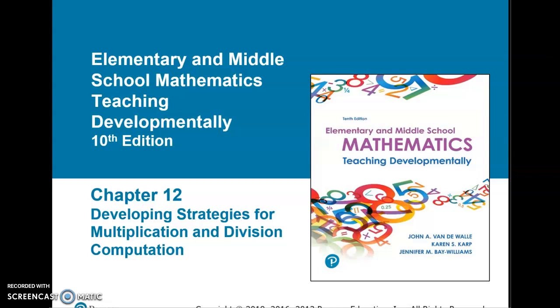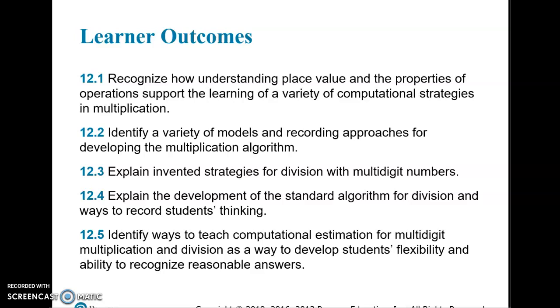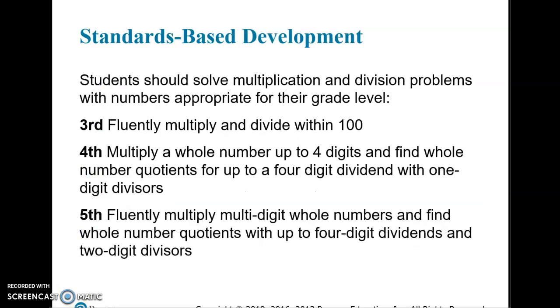Chapter 12, Developing Strategies for Multiplication and Division Computation. Third grade students should fluently multiply and divide within 100. Fourth grade, multiply a whole number up to 4 digits and find a whole number quotient for up to a 4-digit dividend with 1-digit divisors. Fifth grade, fluently multiply multi-digit whole numbers and find whole number quotients with up to 4-digit dividends